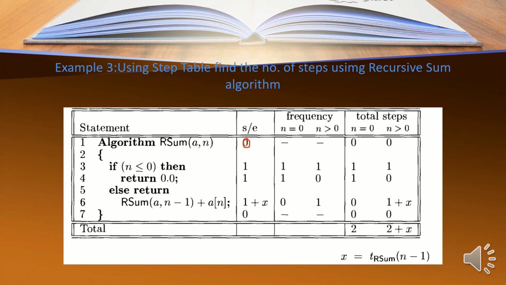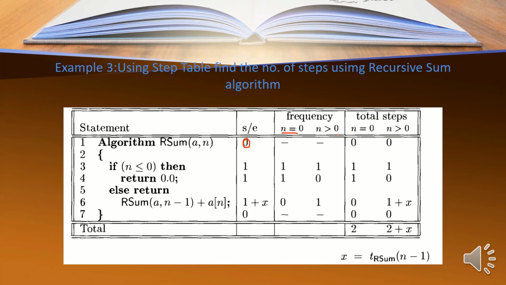So that's why we have to make two categories here, one for n equal to 0 and one for n greater than 0. So n equal to 0 is here, and n greater than 0. For n equal to 0, this line, obviously the steps for execution is 0, so this is blank, so 0, 0.